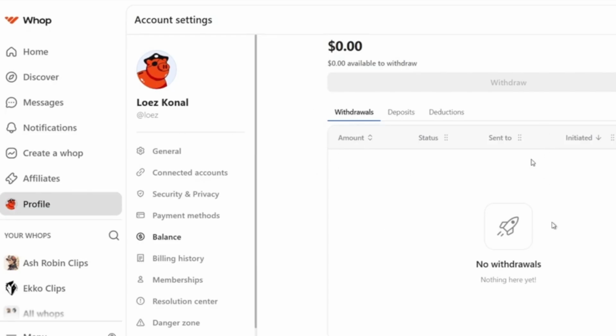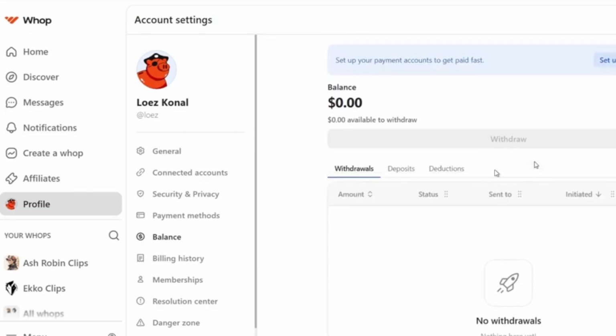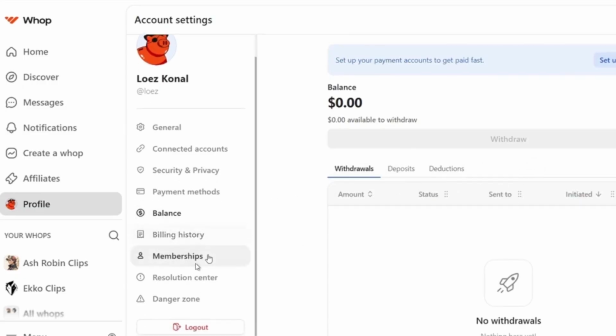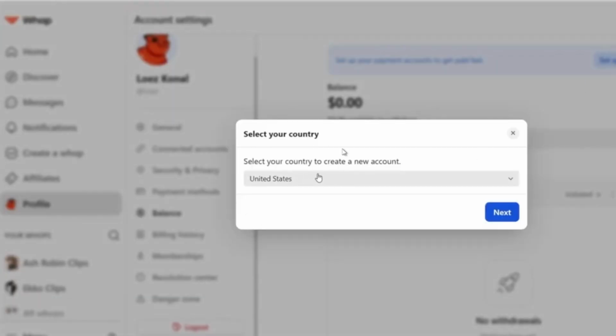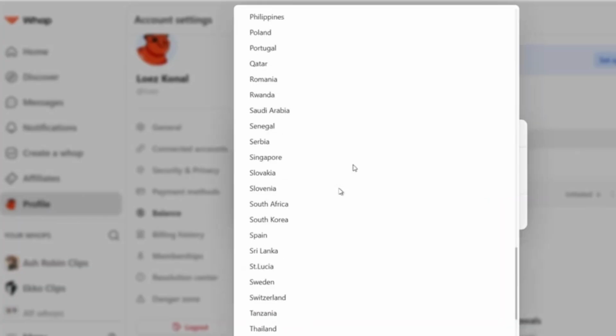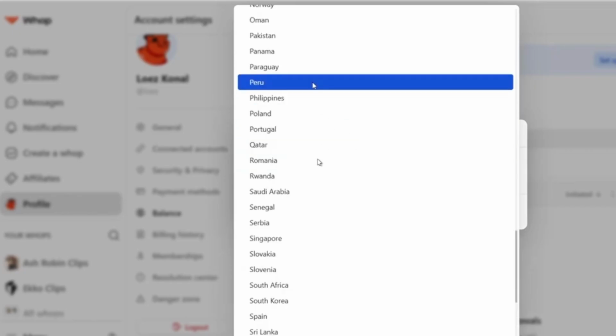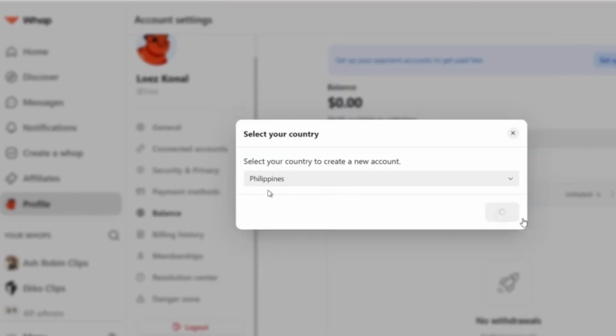This is the dashboard, and at this moment click on set up web payments. Here select your country to create a new account, for example United States or any country, Philippines for example, and click OK.